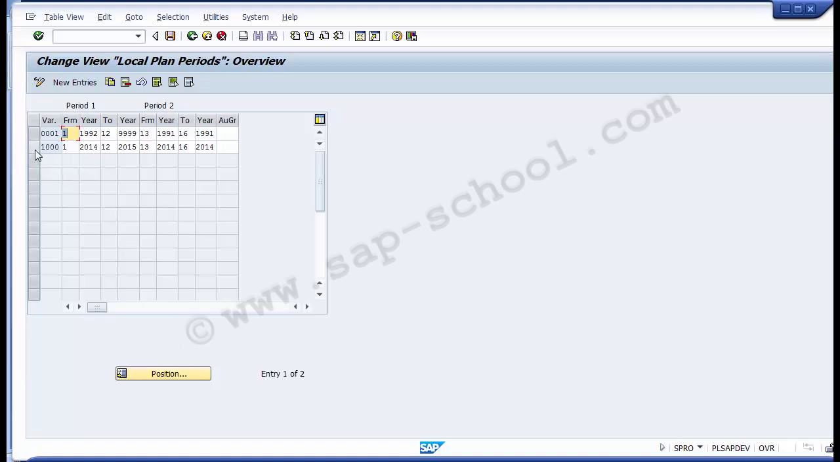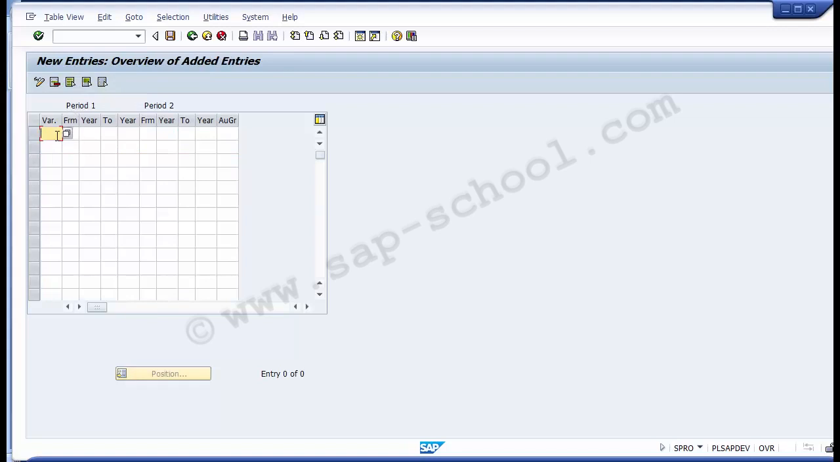You need to select one of them and then you can copy it. That is one of the options, or the other option is you can go for new entries on the screen. It's up to you which you want to go for. Suppose we go for the new entries. Now we can go for the new entry here. We can create a variant. Suppose I create a variant